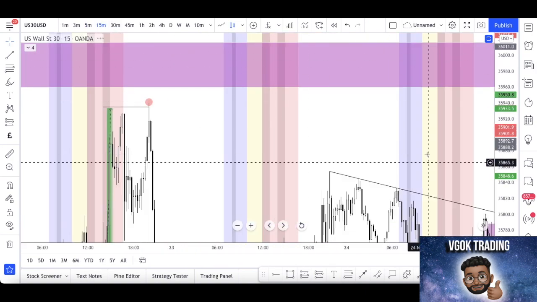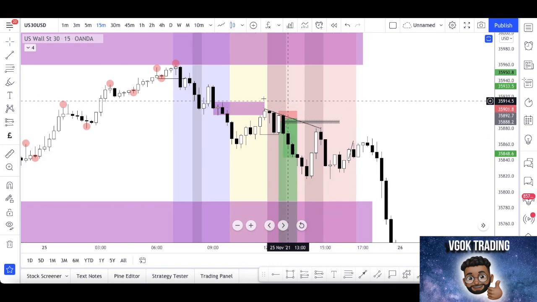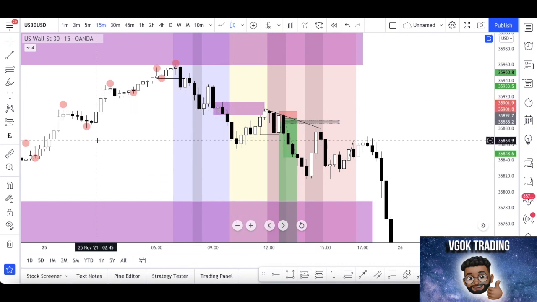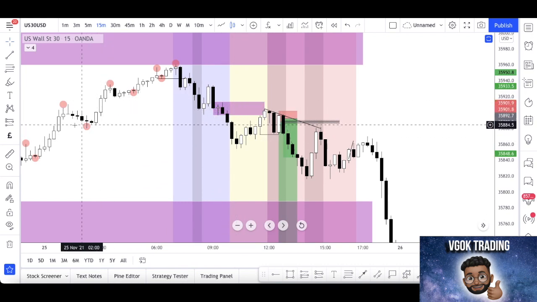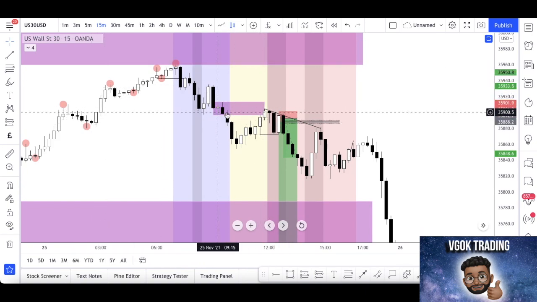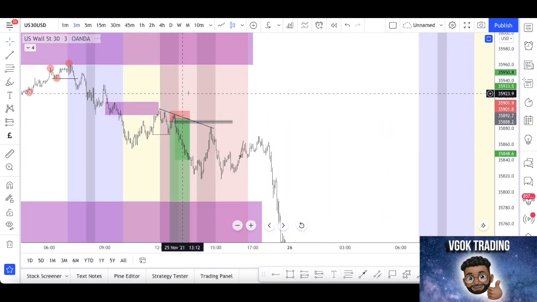We're going to change it to the 15-minute, and on the 15-minute we can actually see a more obvious drop. You see the base with the doji there, and the other sort of bearish candle just there with the wick to the upside. So that's acting as our base. So the drop, base, drop, that takes out this previous significant demand. This was demand because it caused higher highs. So we've got that as our point of interest,